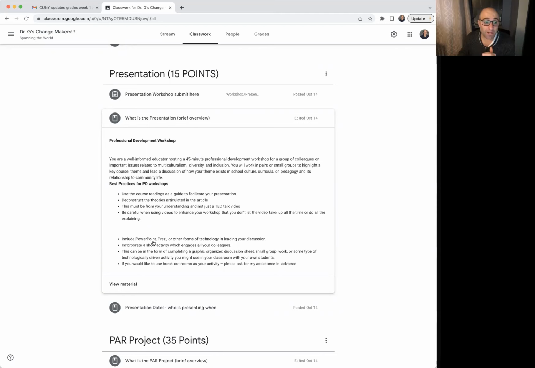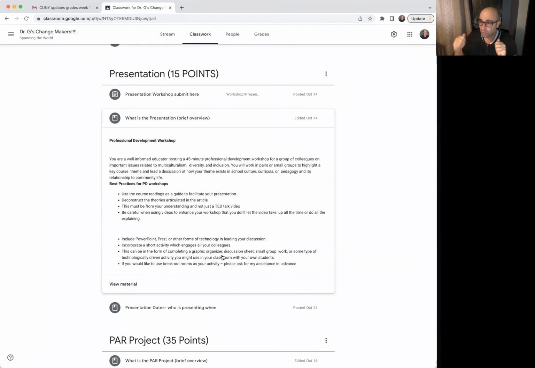So you're better to spend your time working on some type of activity, some type of hands-on or minds-on, whether that's discussion-based. We're a small group of only like 15 people, so you can keep us all in one group if you want, or you can break us up into breakout rooms, bring us back together, and then have everyone collectively share the ideas. 45 minutes is the total. It goes by really, really quickly, believe it or not, especially if you do breakout rooms.